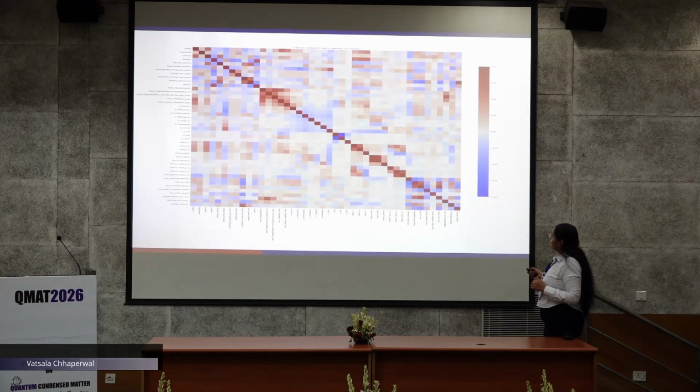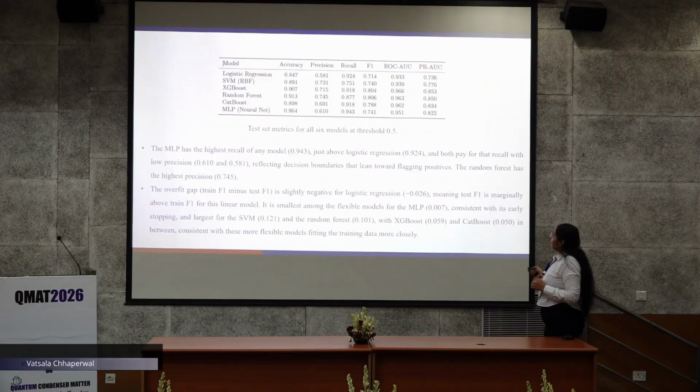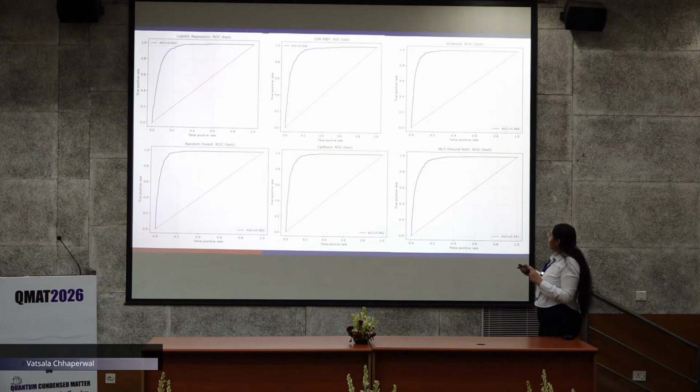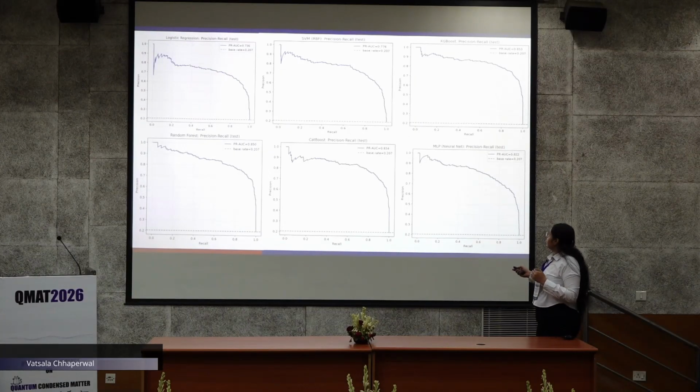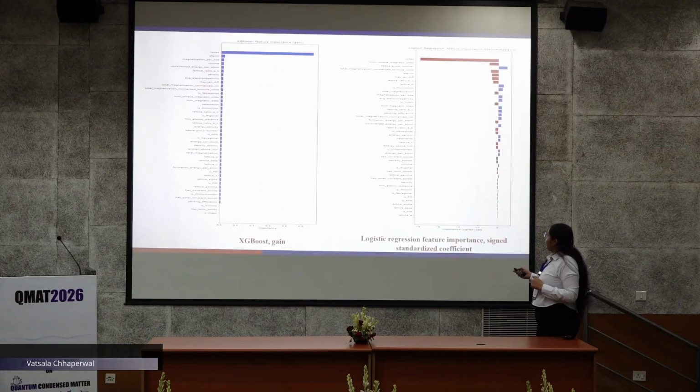And these were the threshold dependent metrics, that is accuracy, precision, recall, F1, and ROC AUC and PR AUC were the threshold independent metrics. And these were the ROC curves that we get for our model. These were the precision recall curves, and these were the feature importance that we